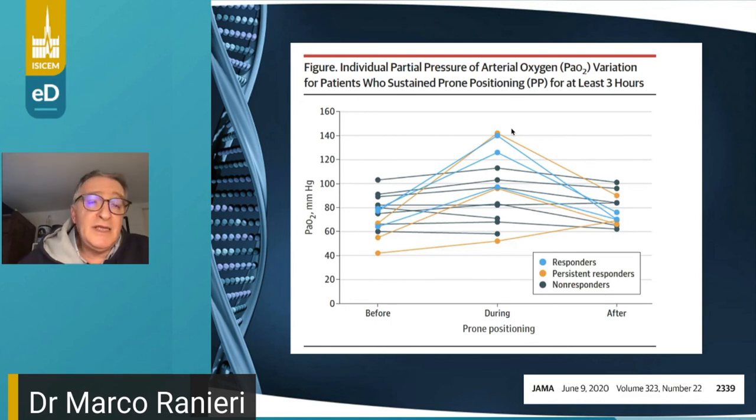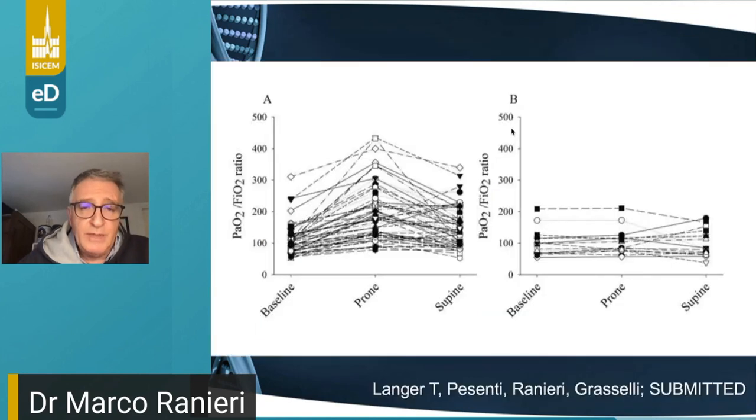Can we predict this? It's very difficult to say. And at the time, we don't have data to go in this direction. These are preliminary data that we obtained in our case series, the paper is submitted. And again, you see the PF ratio, the response in terms of oxygenation, in patients with COVID-19